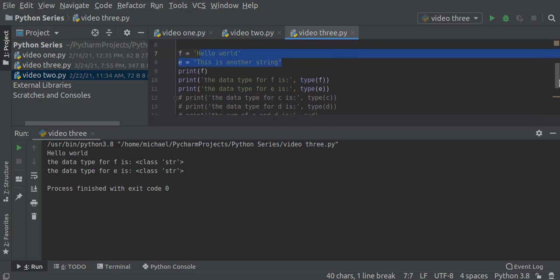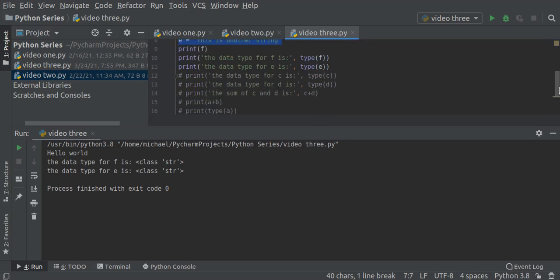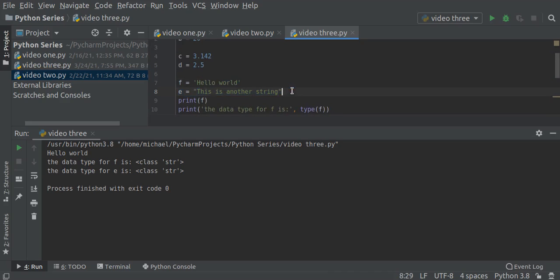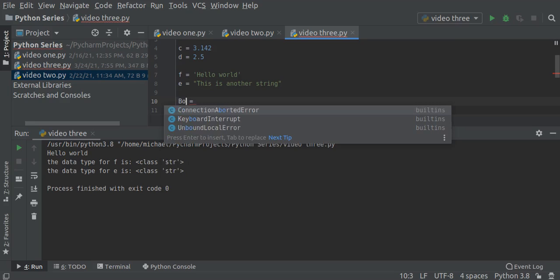And we said we also have the Boolean data types, which has to do with true or false. Now let's say we have G. Mind you, these are actually variable names: G, E, F, C, D. And these are the literals, the values assigned to the variables. Don't mind me, it is bad practice to use just a single character for variable names. So let me quickly use something like